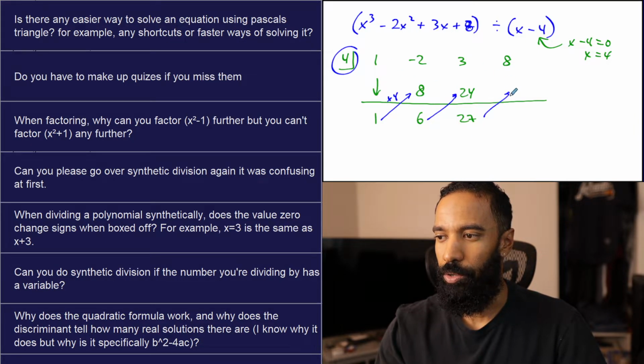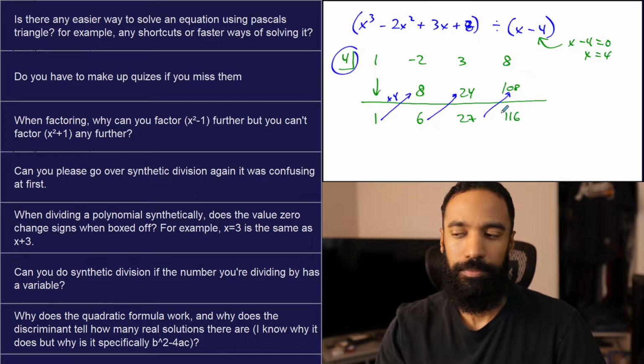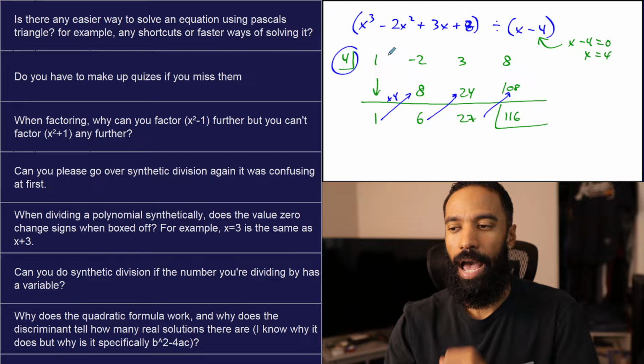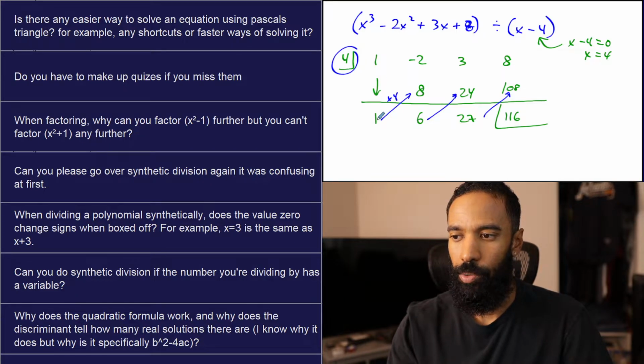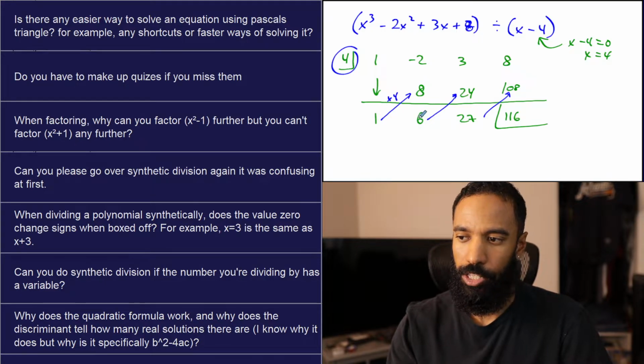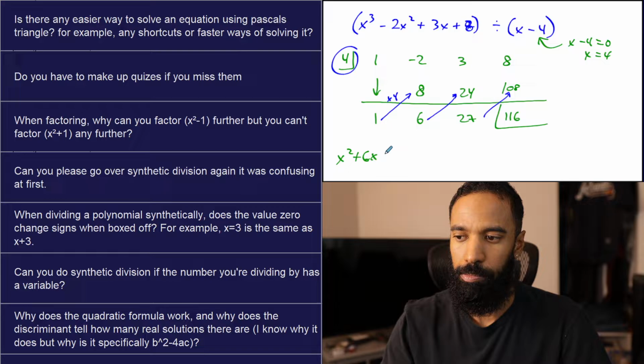27 times 4 is 108. And 108 plus 8 is 116. All right, whatever. And 116 is a remainder. What happened is we went from a cubic to a quadratic. We went from a quadratic to a linear to a constant, and constant to remainder. So your result of dividing these is x squared plus 6x plus 27 with a remainder of 116 out of